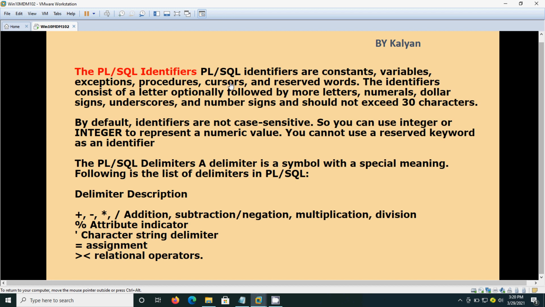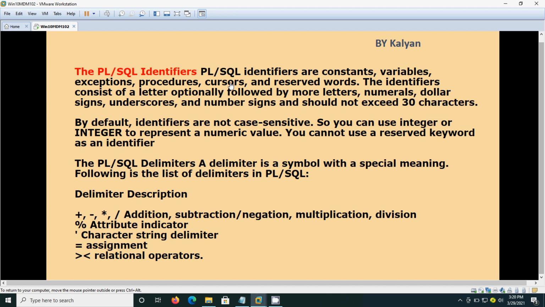The PLSQL delimiters. What are PLSQL delimiters? A delimiter is a symbol with a special meaning, and I have given a list of delimiters below: plus, minus, asterisk for multiplication, slash for division, etc. And then the percentage symbol is for attribute indicator, quotes for character string delimiter, colon-equals for assignment operator, and greater than and less than for relational operators.